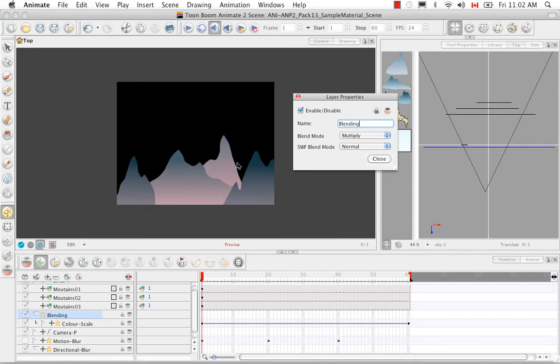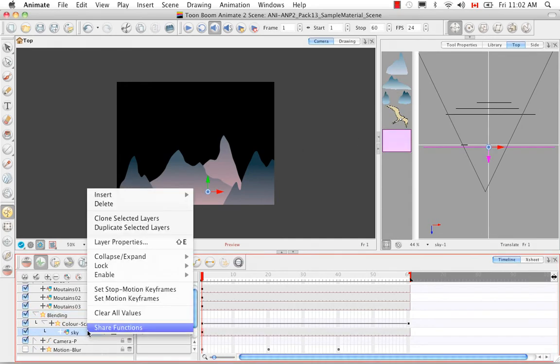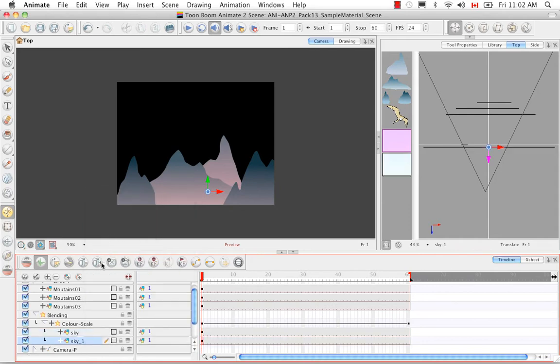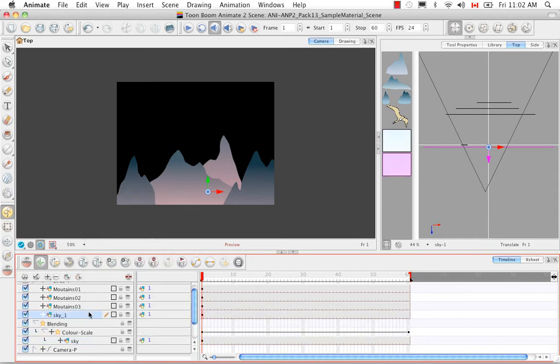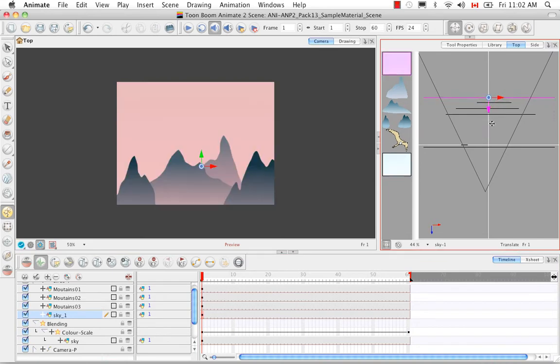But what we do need also, which I totally forgot about, is we also need a background. Otherwise, this will multiply all the way through and there's nothing behind. So the way to resolve that is to make a copy of your sky by duplicating the selected layer, pulling it out so it's on its own, and then moving that back here. So now you have at least something for the multiplied screen here in the front to touch upon when it